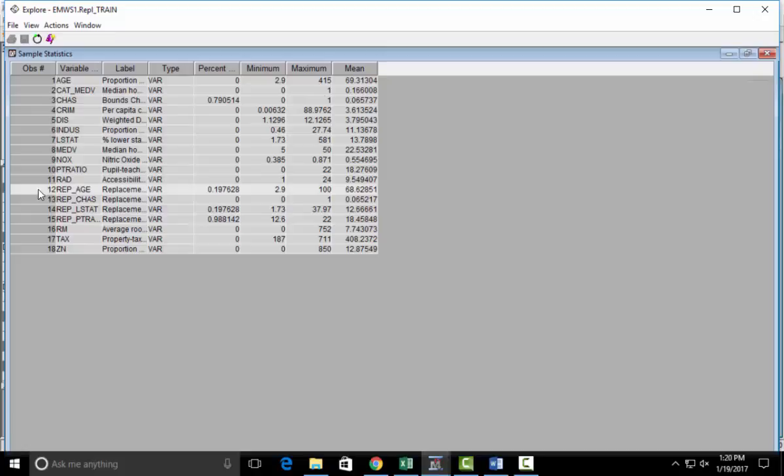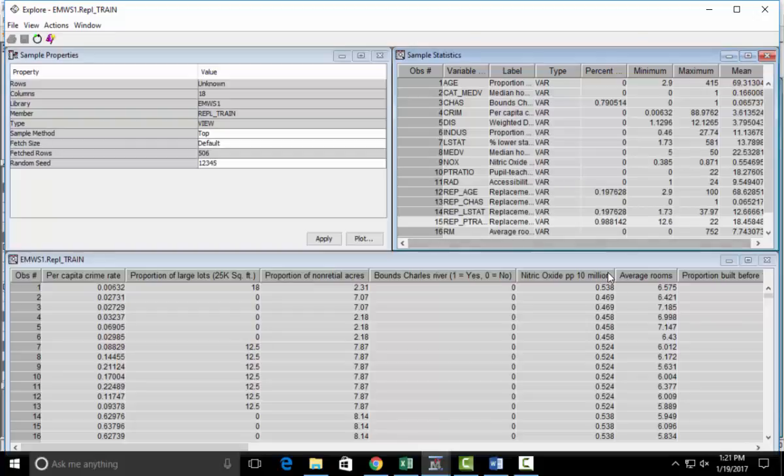Well, that's here, REP age. Okay, now you see that this is a replaced age. Age has been now replaced by the new value. Same here, REP chas and REP LSAT and REP. So it keeps the original columns. Okay, it doesn't change that. Then it creates new columns, and usually the word columns will be rejected. So